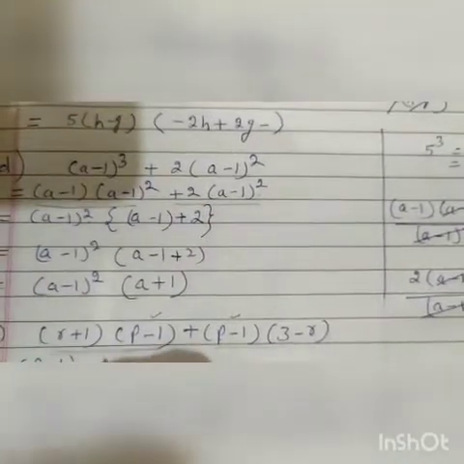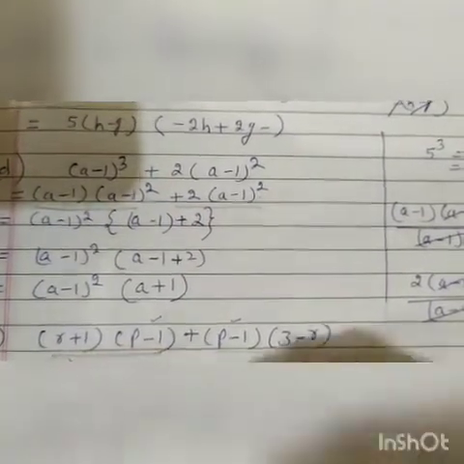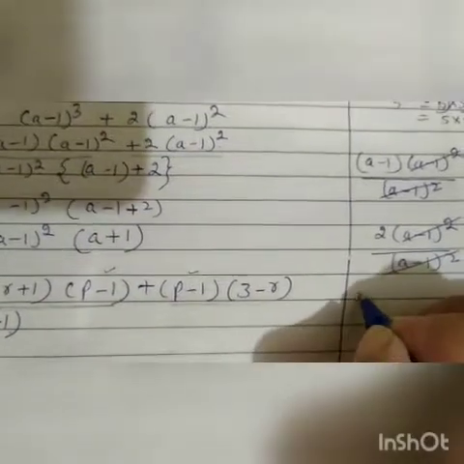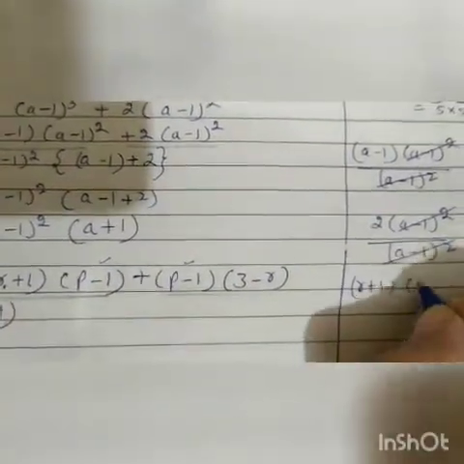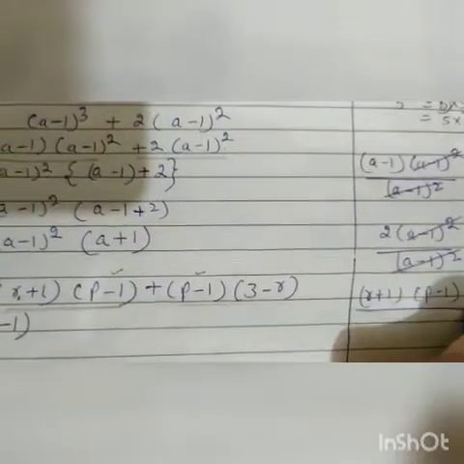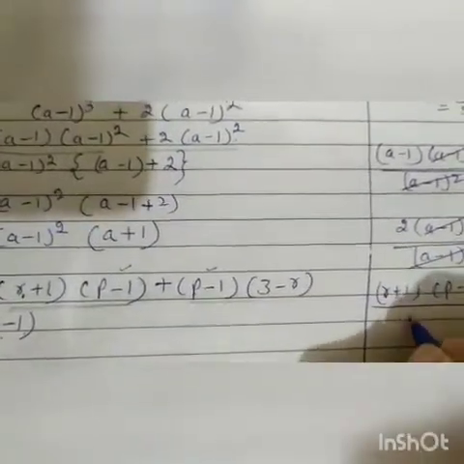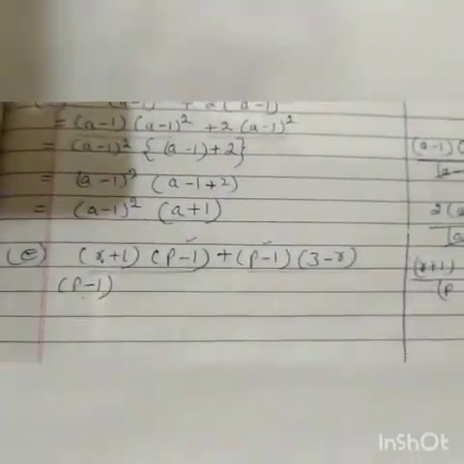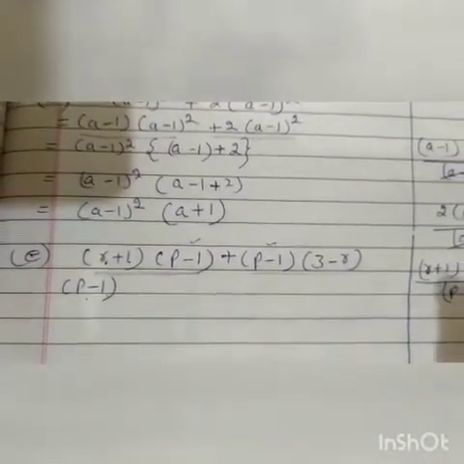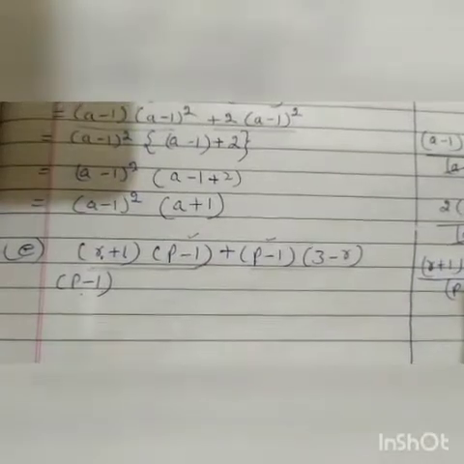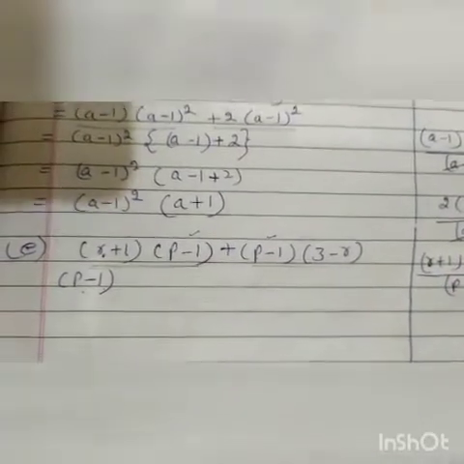It is common. Now what is left from the first term? Again see, our total first term is (r plus 1)(p minus 1), and we have taken common p minus 1. But what does common mean? Common means which is same in both the terms, or if there are 3 terms, then in 3 terms. Which number or which expression or which factor is common in given 2 or 3 terms. That is common.